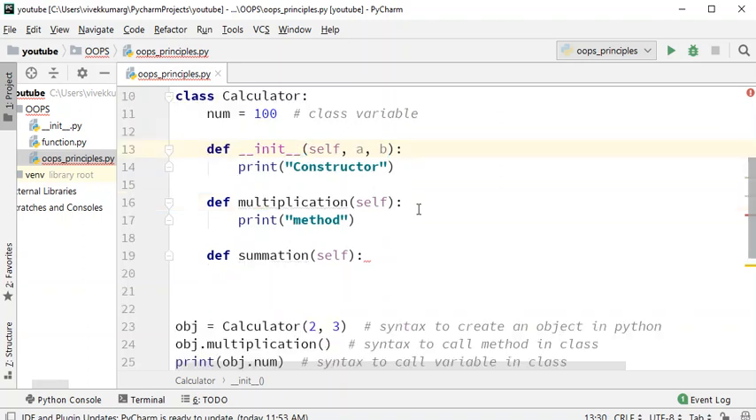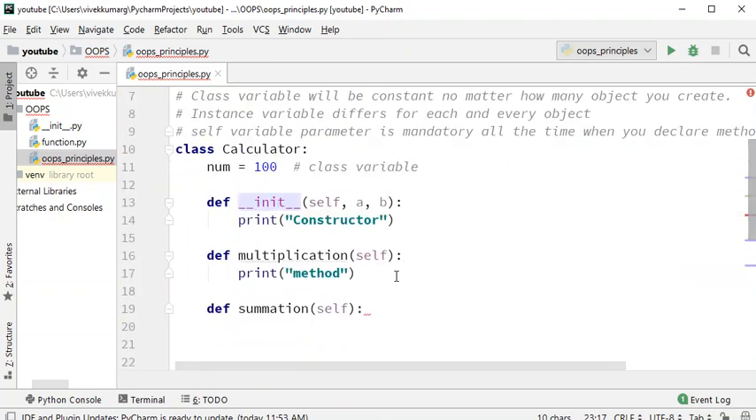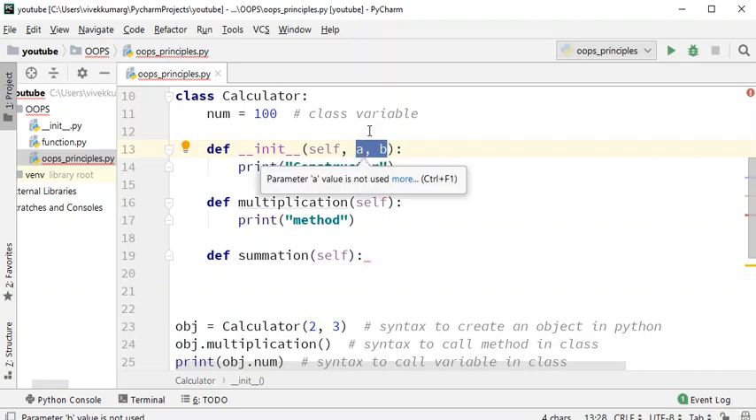Then only the syntax will be valid. For example, if you have passed two arguments while calling this class called calculator, these will first be passed to this constructor and need to be caught. If you don't define or catch them in your constructor,